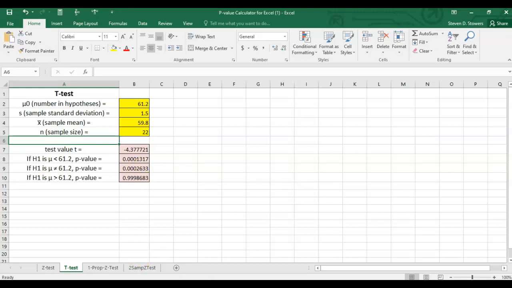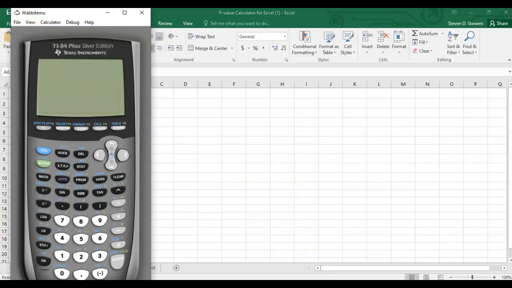Just for fun, let's do it another way, like with the calculator. Now, when you're doing this, you only have to do it one way. I'm doing it more than one way, so you see how they all work. Then you can pick one that you like or that you can do, have what you need available, and do it that way. So if we did the graphing calculator method,